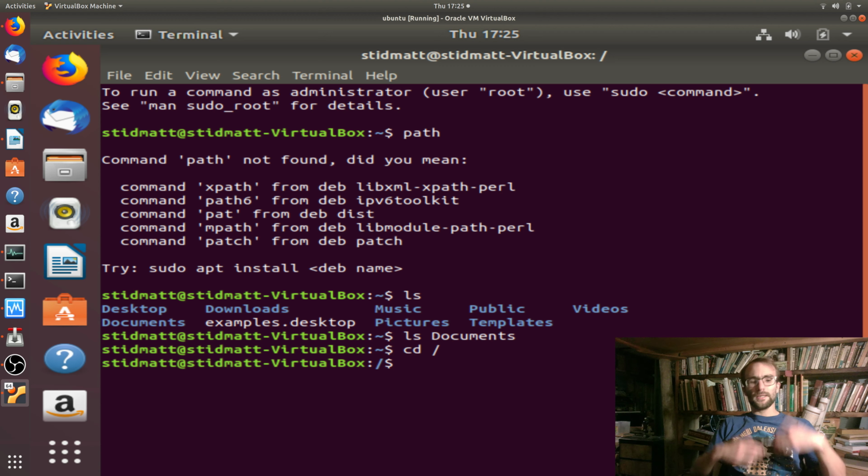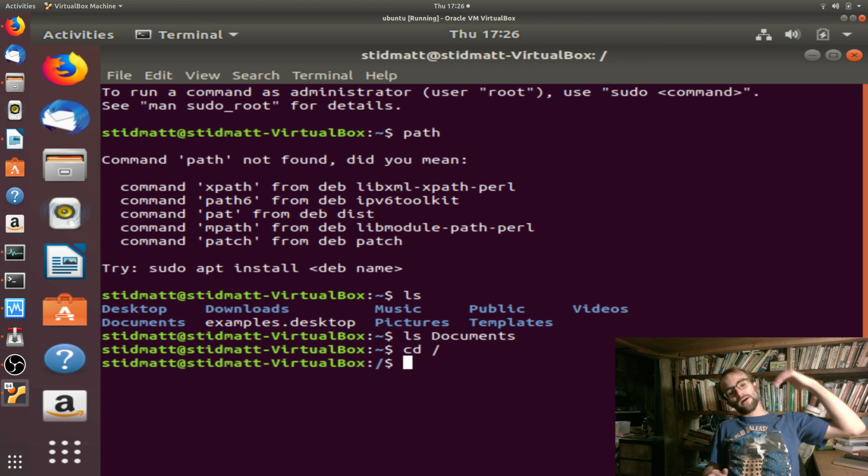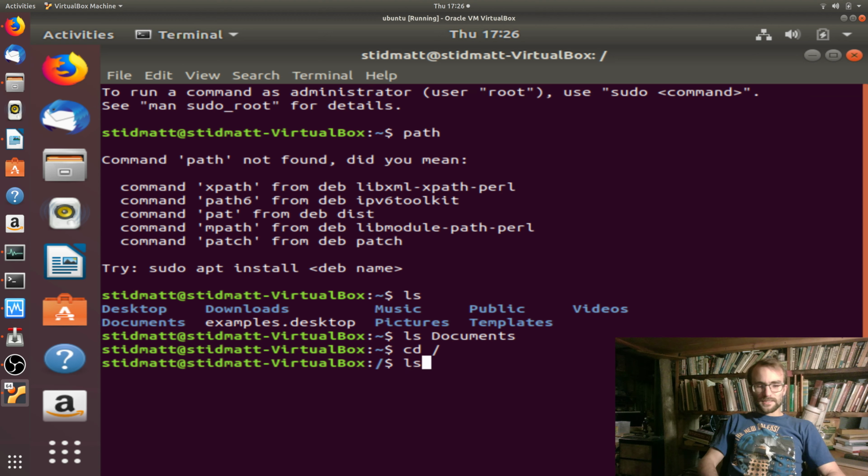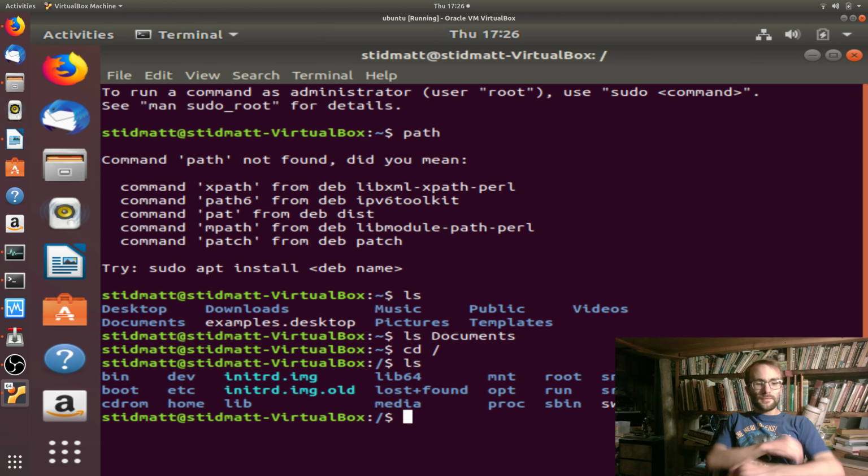This is the folder where everything is stored. This is the highest point of your hierarchy. Press ls, enter. These are all of the folders which are in your computer to start with. This is what you start with from the get-go. You have home, which is where we work. So if you press tree,